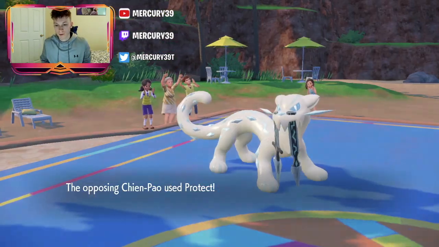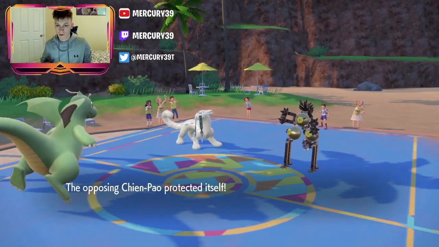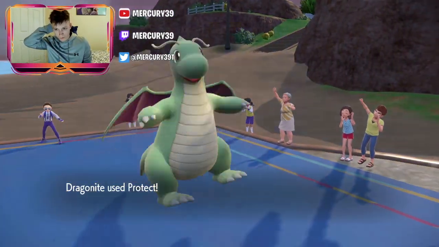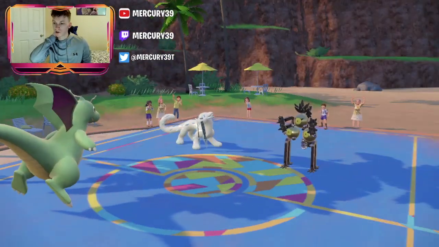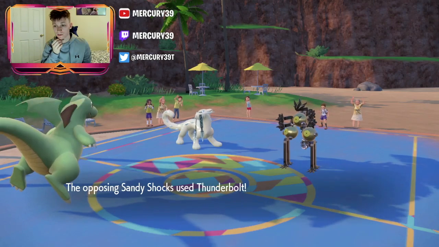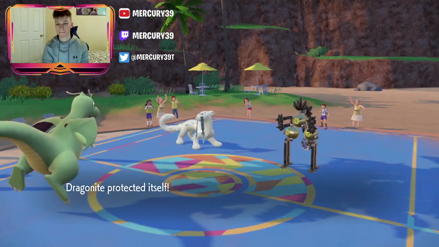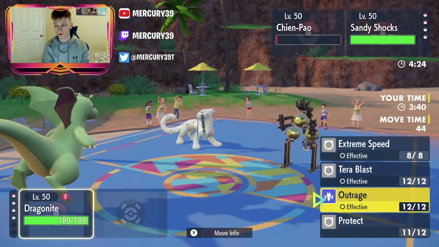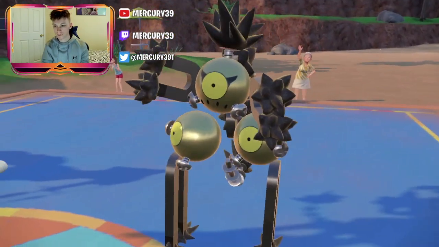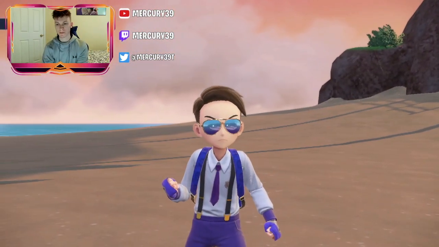Because if he protects that, then we're able to E-Speed next turn. Then we'll still have our Multi-Scale. And then I think we E-Speed the Chienpao, and then hopefully an Outrage will KO the Sandy Shocks, although I don't think it does at this range. Okay, so we're going to E-Speed Chienpao. He might go for Sucker Punch, though. But it'd be weird to have Sucker Punch on this set because,